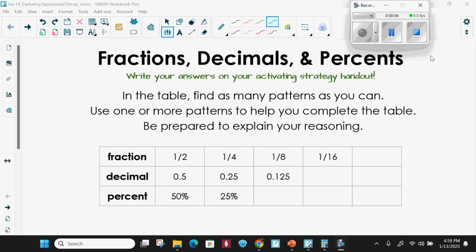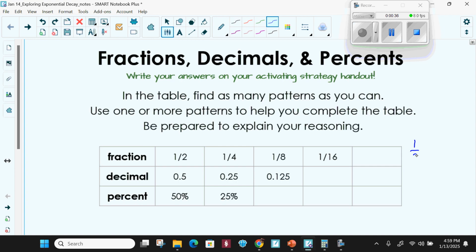Okay, so this first part on your activating strategy handout, this is day 4, so you need to have this on there, and I would suggest just copying down this table and filling in the 5 spots, 6 spots that are empty. Okay, so when you're looking at this fraction, 1/2, 1/4, 1/8, 1/16, it's being multiplied by 1/2 each time. So basically the bottom number is being multiplied by 2, because when you multiply fractions, you take